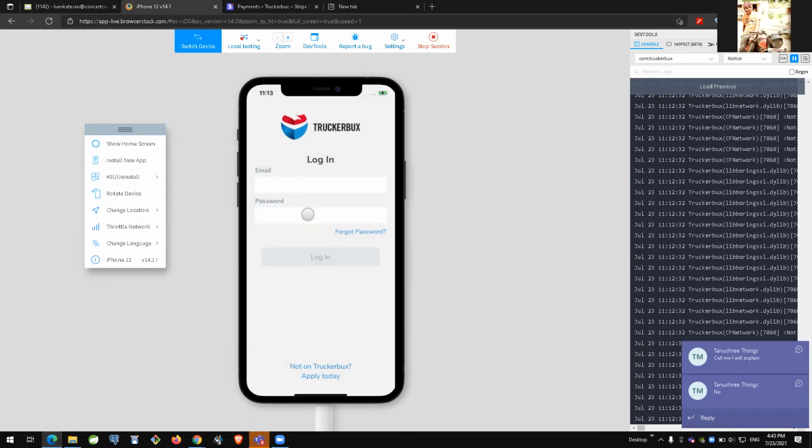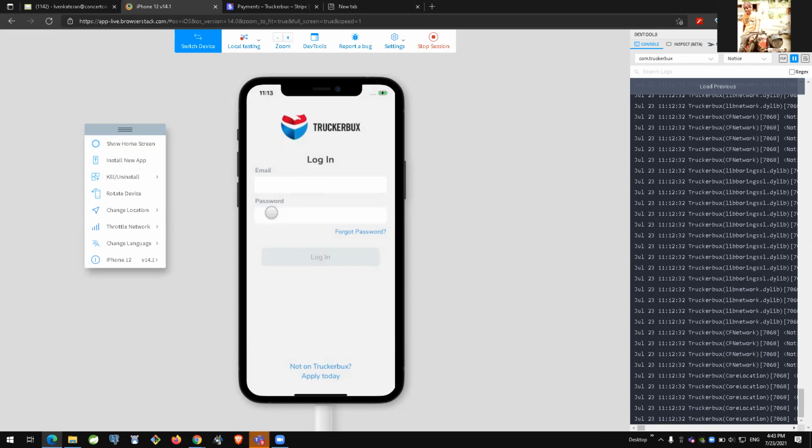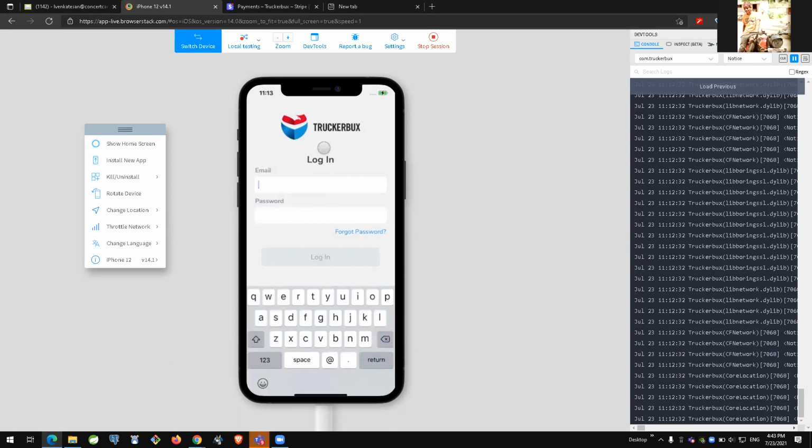What is the difference between a real device and an emulator here? If you type a password here, it will not be visible. You will need to type directly. Like I'm going to type the email at gmail.com here, and for the password you will not see any visible characters here, but on a real device you will see the password. This is the clear difference. Actually, my emulator is not responding right now.